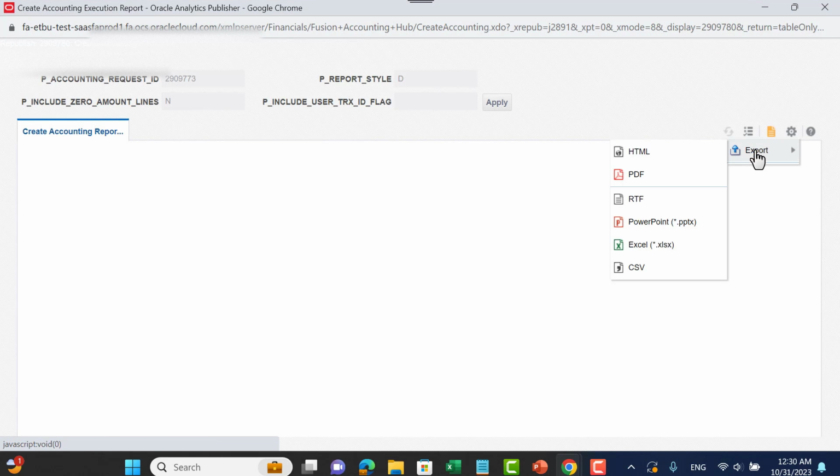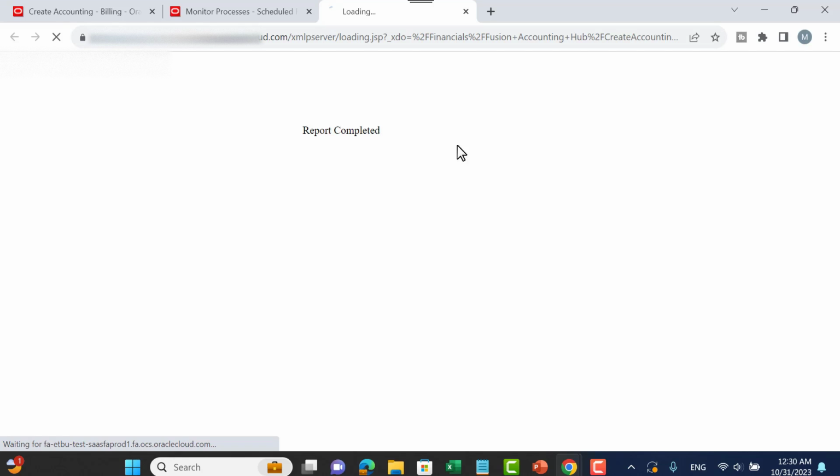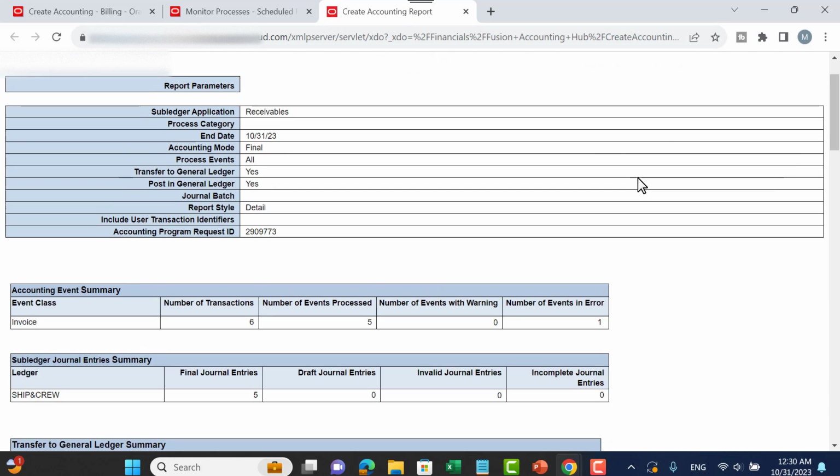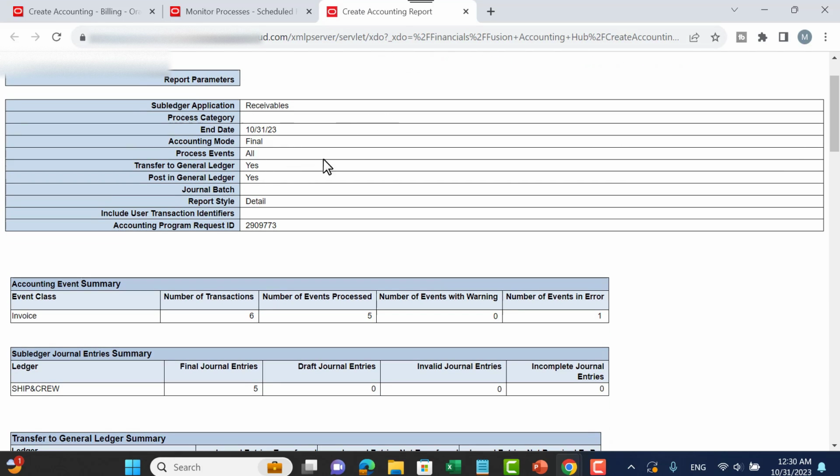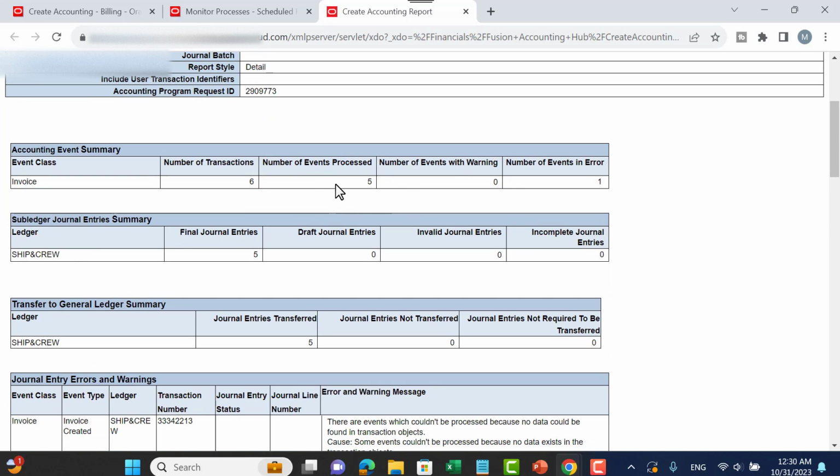So here also export as, for example, HTML. The application and date parameters are shown here. There are number of events 5, number of events in error 1